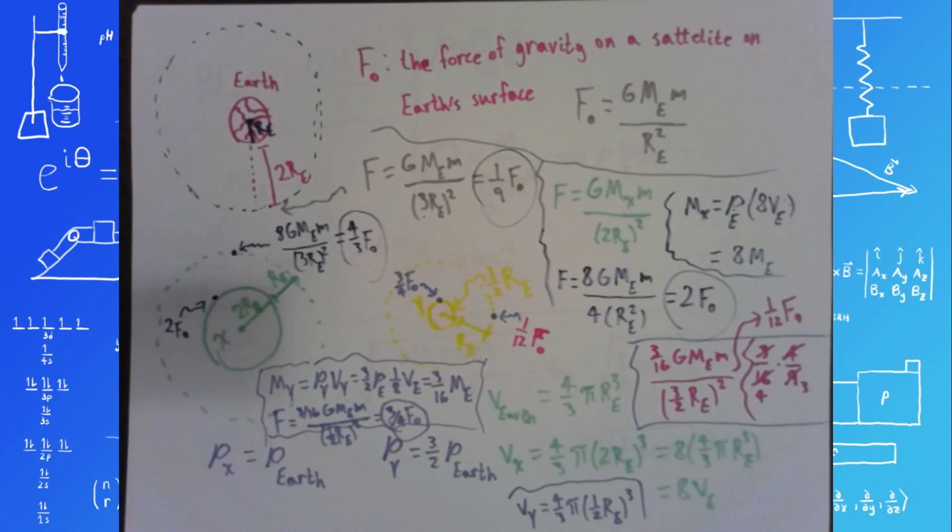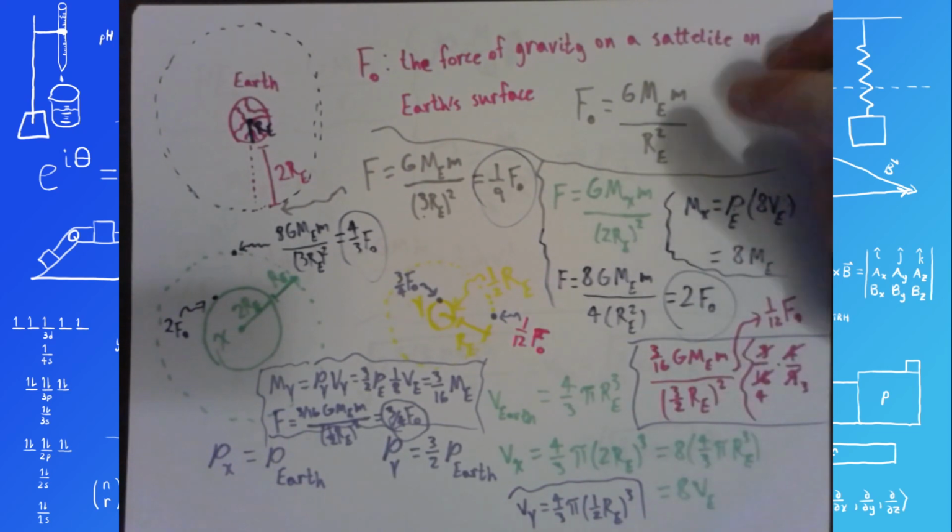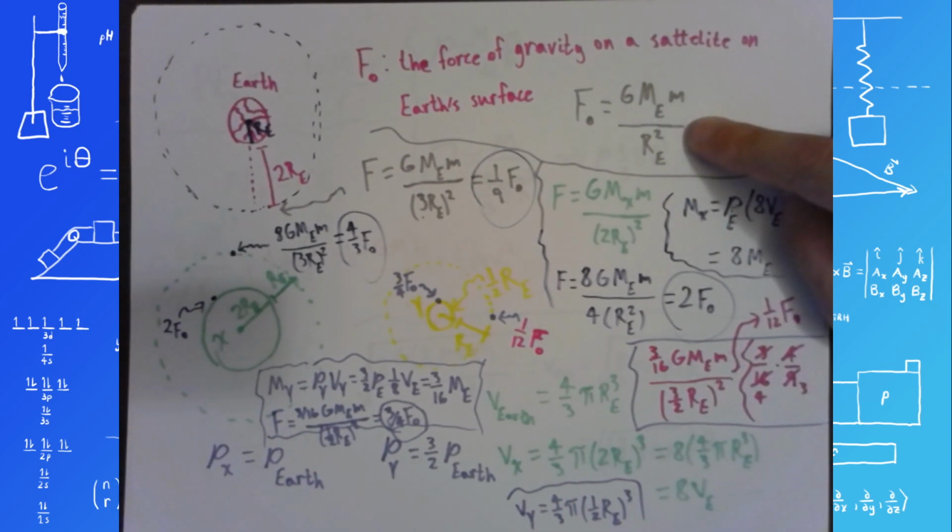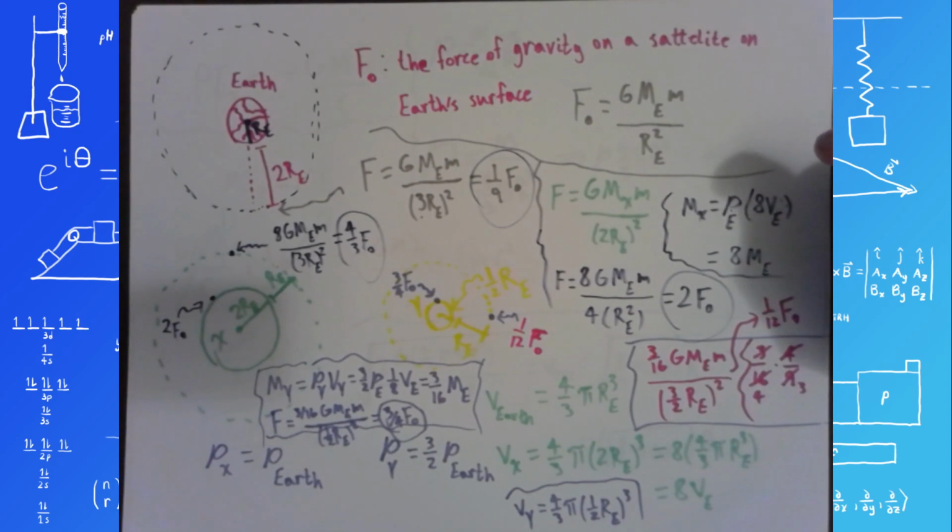Or I guess you could also just do it for a single orbital radius around 2 different planets. Although in that case you wouldn't be able to use the T squared over r cubed equals T squared over r cubed version of the equation, because the planet being orbited would change. I guess you'd have to use a different form of Kepler's third law then. But you don't have to have Kepler's third law memorized. All you have to do is put together the universal gravitation equation with your centripetal force equation